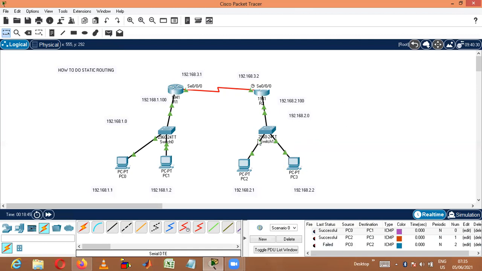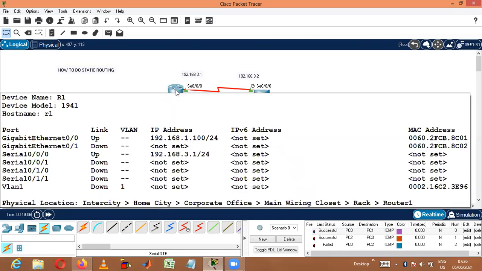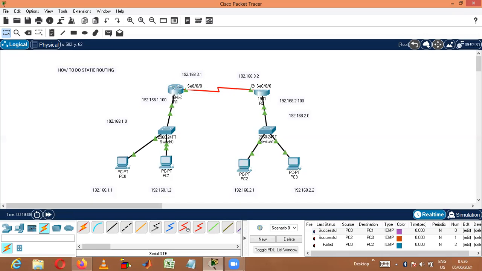For this to communicate, I can do it in three ways. One is I can go with static routing. Second one is default routing method, or the third, dynamic routing method. Now we are discussing the static routing method. So we'll do that static routing here. For that, first let me see what routes are available here. So now what we are going to do is we need to go with static routing.